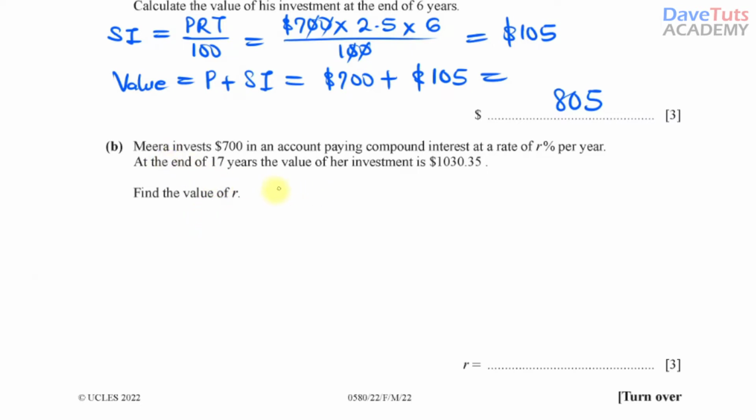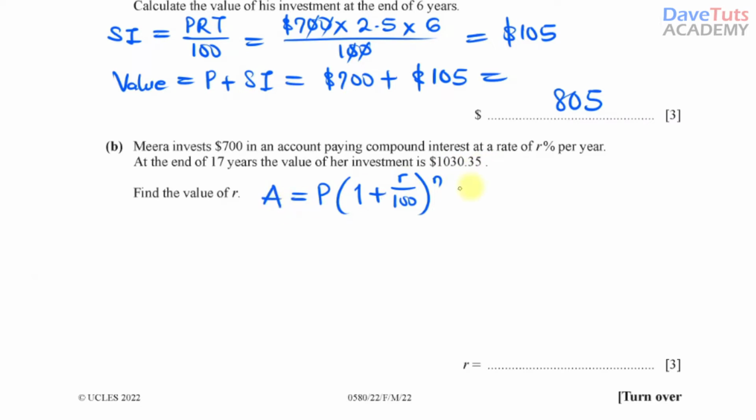This is a classical case of compound interest, in which the amount at the end of the specified period will be the principal multiplied by (1 plus the rate over 100) to the power of n, where P is the principal, the original investment, which is 700 here. R is the rate that we are looking for. N is the number of years, which is 17 years. The amount that it got later is